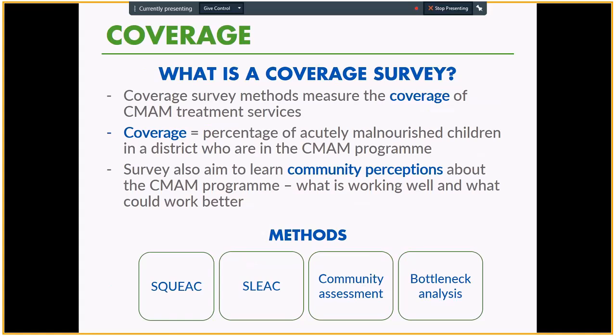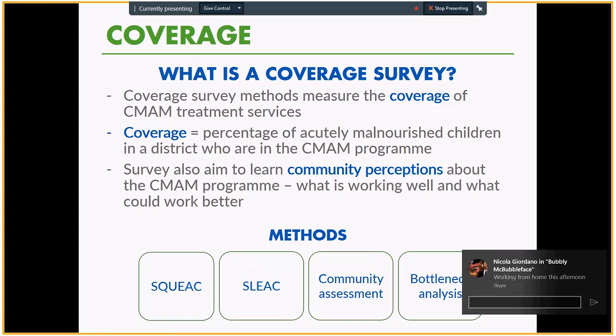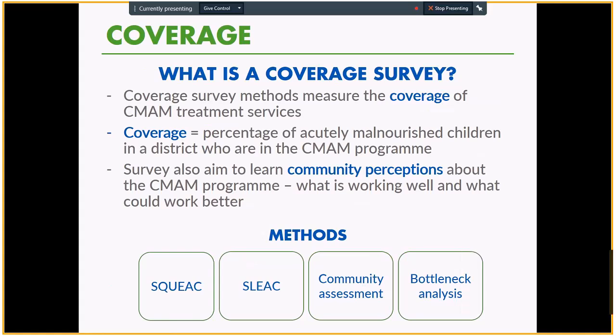In urban contexts where the distances are much shorter between homes and health centres, the standard is 70%. So 7 out of every 10, if they can come for treatment, then we're doing well. In refugee camps, where everything's nicely organised, where every single child, every single family is registered, and they're checked very regularly, their acute malnutrition status is checked very regularly, the standard is 90%. So, yeah.